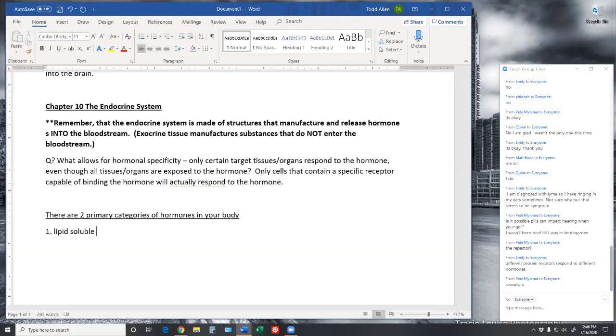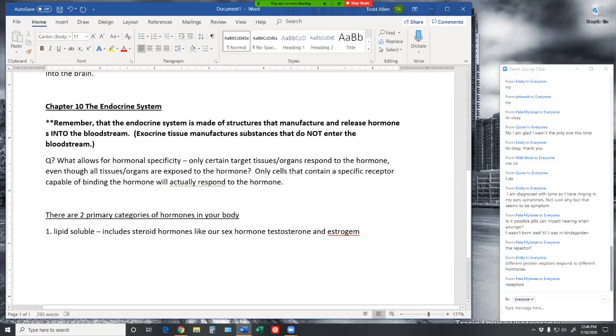So this includes steroid hormones, like our sex hormones, testosterone and estrogen. Obviously, there's many others that we can talk about. The notable thing about the lipid hormones